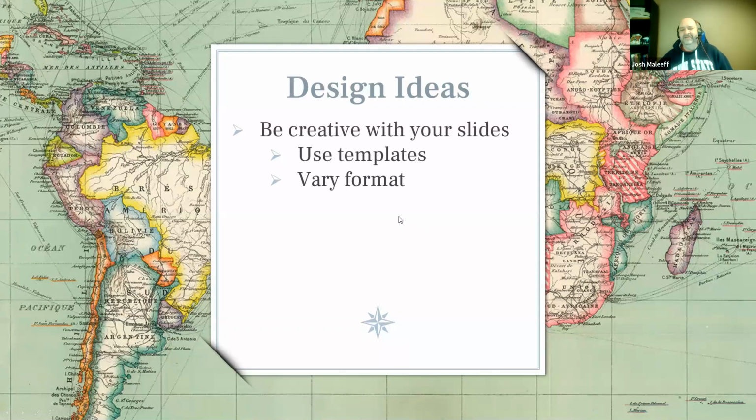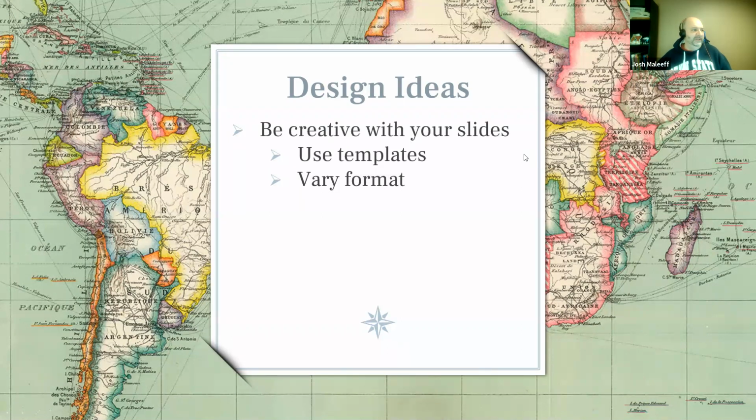Then along with that, vary the format of the slides. So even though I'm using a template, the previous slide that I had up was a full screen picture with just a title on it. And that title was in the middle of the screen. I know it's shocking, right? To not have the title at the top of the screen, it can give people fits. But it looks different. You want it to be something interesting.